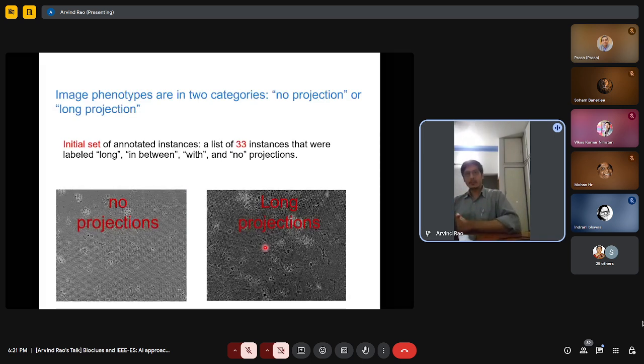However, the point of this experiment is the following. We want to identify those kinases that, when knocked down, will change the phenotype from being long projections to becoming no projections, right? So essentially, there's recalcitrance of this protrusion, and instead of being mesenchymal, it becomes epithelial. And epithelial phenotype is a lot harder to move. It doesn't move as easily because there is no amoeboid movement possible. And so you want to essentially change the morphology of these cells through a drug or through some kinase level perturbation that will prevent these cells from moving.